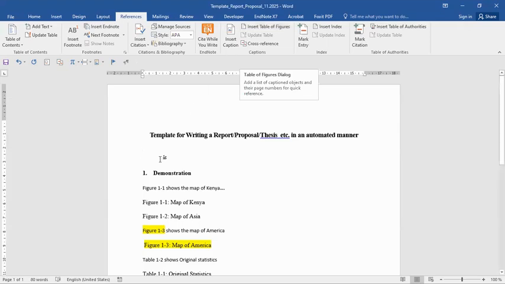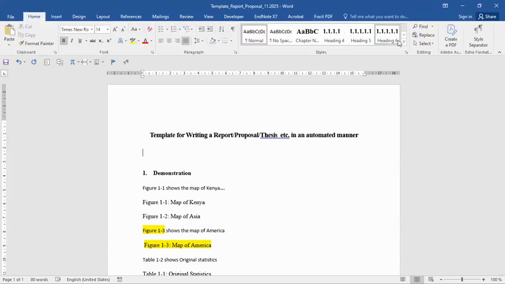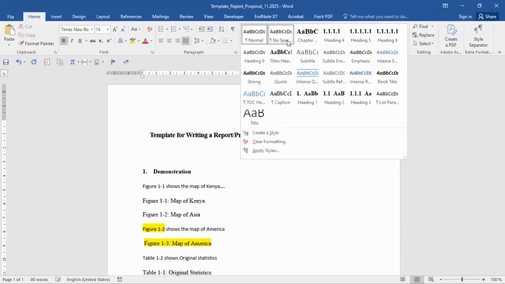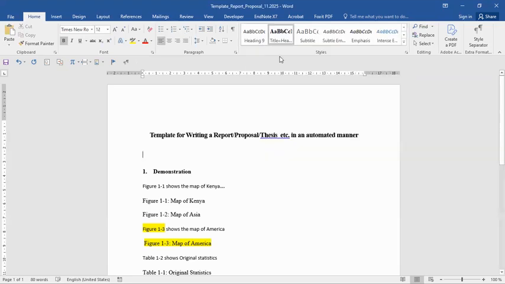Oh, but perhaps before I do that, let's create a heading for the list of figures if we have to start with figures. So you go home. Remember the non-numbered headings I talked about? We can make use of, in my case, I'm calling it title heading. Click on it. Then I say list of